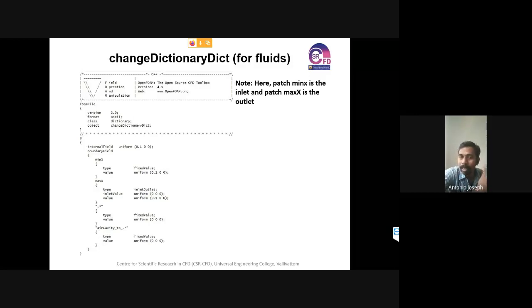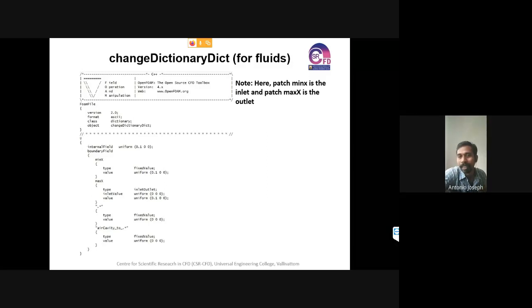So similarly, in this case also, there will be a lot of patches other than this one. So we need to give boundary conditions to all those patches. And since there are a lot of domains in this particular case, each domain will be having all the 6 phases.